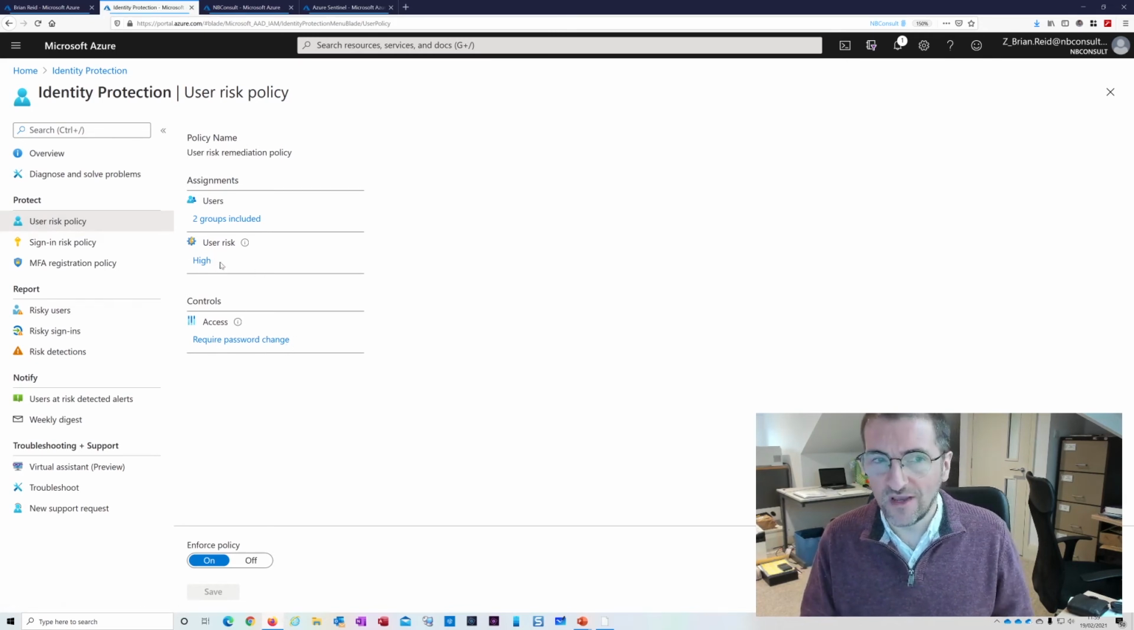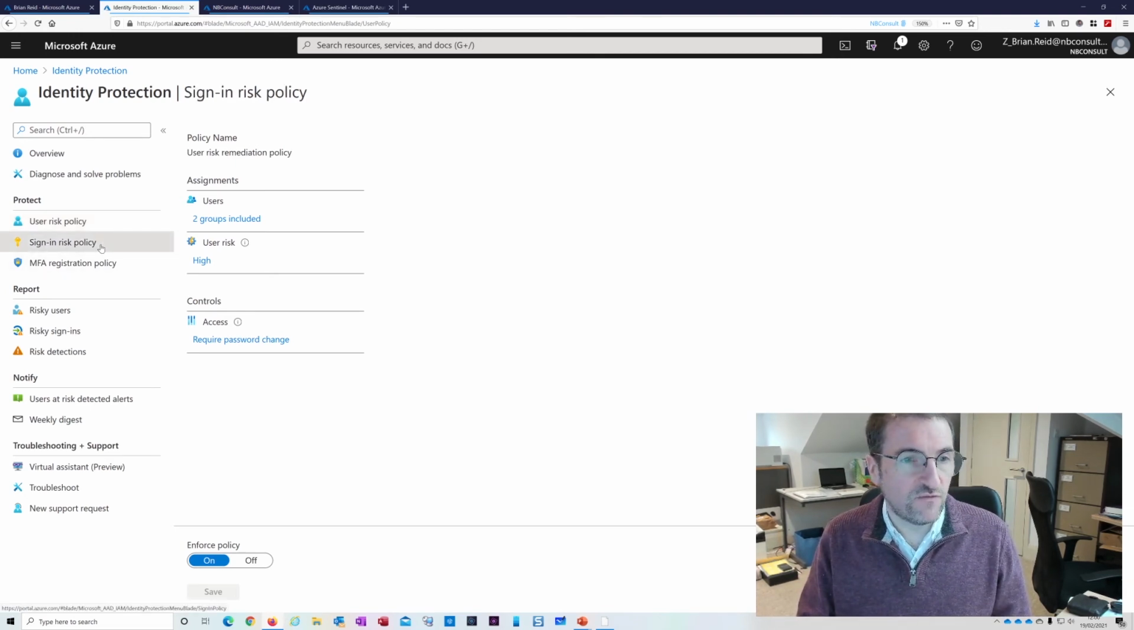What might make the risk go high? Compromise is the best example here. If Microsoft sees a compromise of the account, they'll raise the user risk. So it's not based on my sign-in, but on activity that's happened to my account, maybe somebody else logging in as my account. A sign-in risk policy is a very similar idea. Again, you can set your own risk level,